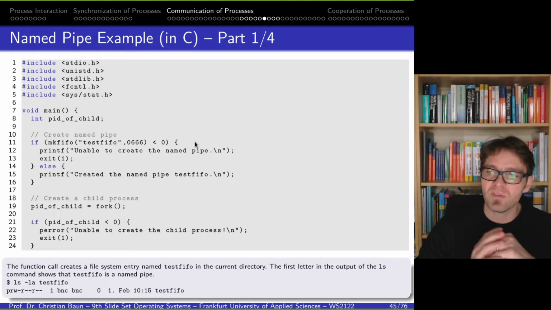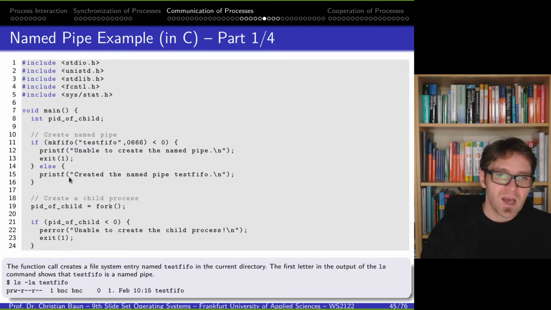We specify read and write access privileges for all processes in the operating system instance here, and if the creation of the pipe was successful, so in line 19